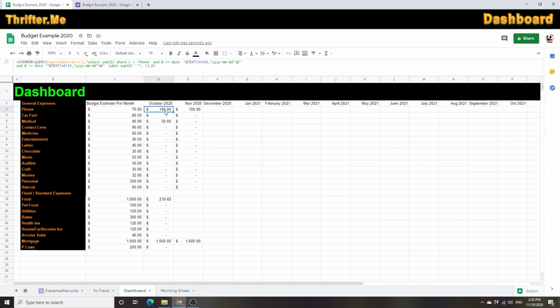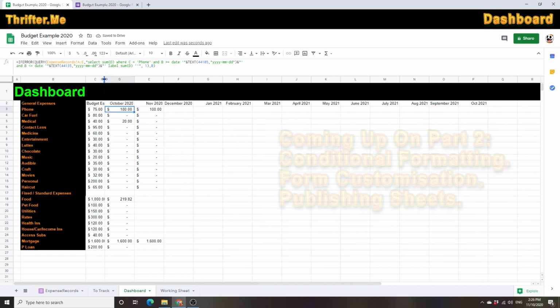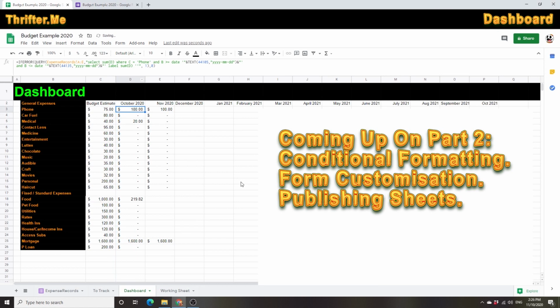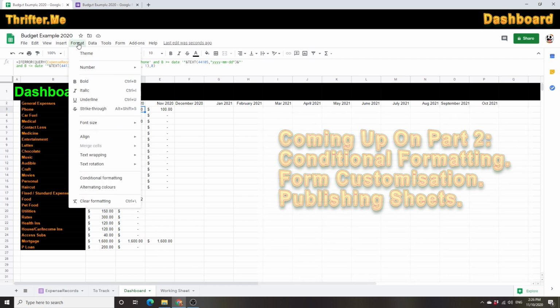So what next? What else do we want to see? Do we want to see a chart, or just want to see the figures? If it's over budget, it'd be helpful to just see that at a glance, I suppose. We can tighten these up as well. Maybe we do that first. Maybe let's have a look at if this column is over budget, we will change it to a different color or different format. So to do that,